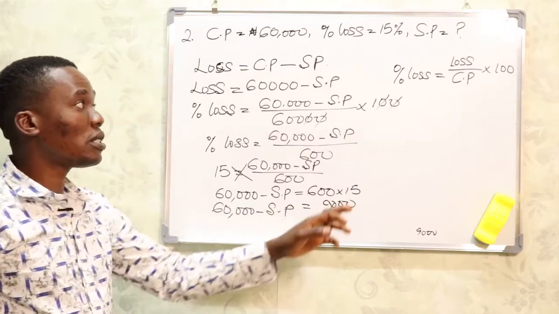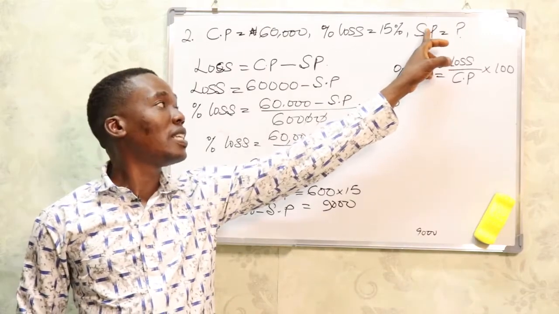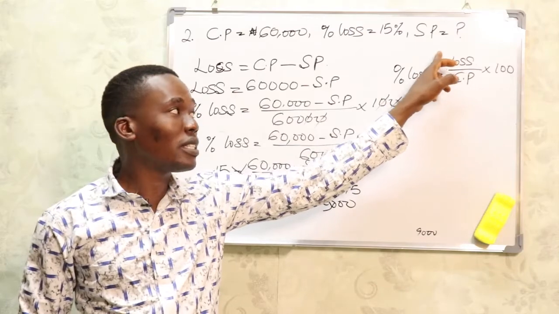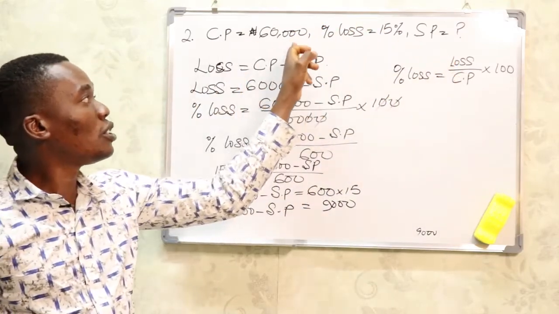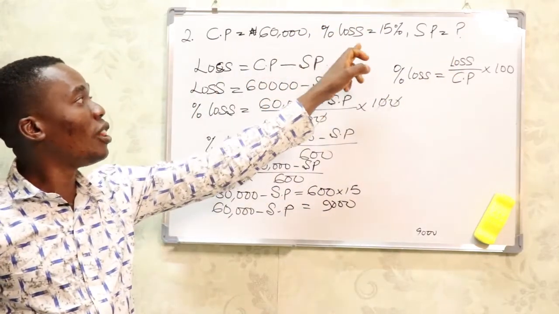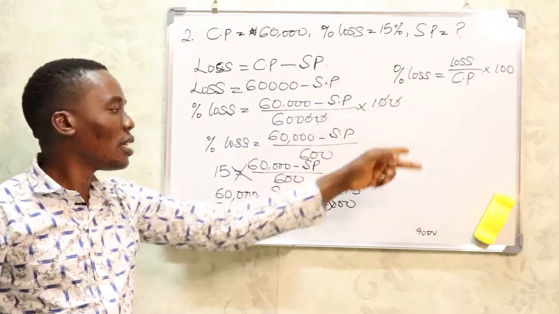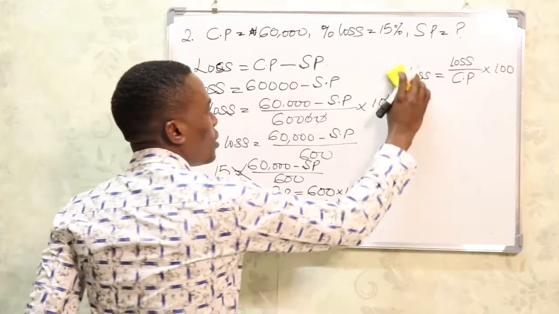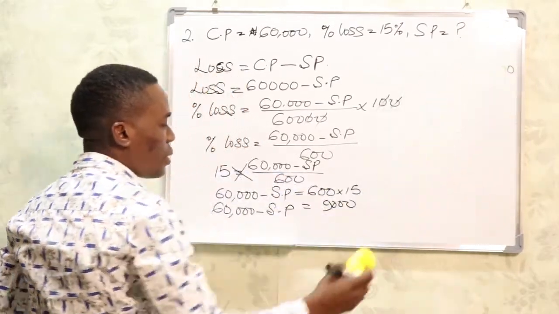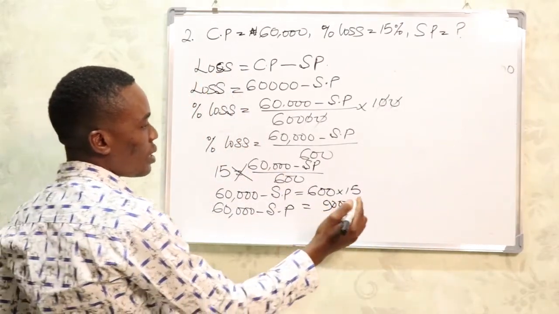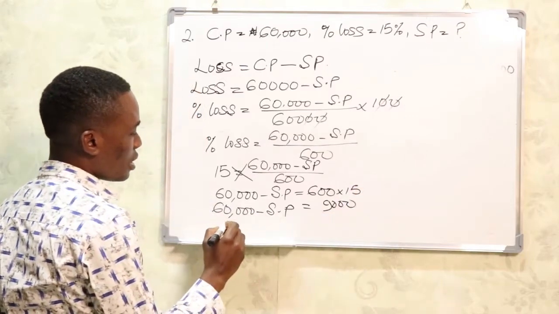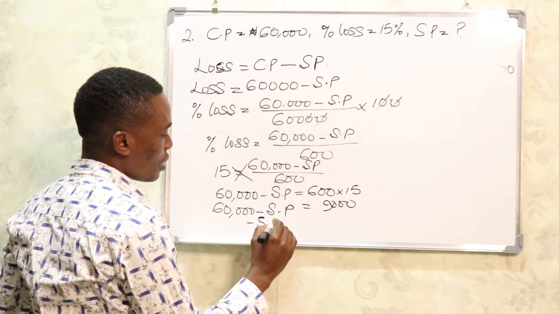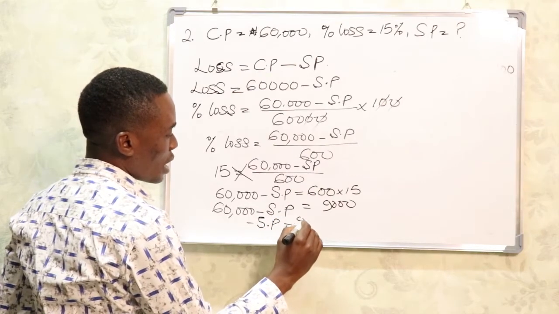Now notice from the beginning we are in search of the what? The selling price. That price at which this merchant sold his goods to realize a loss of 15%. Now let's look at what we'll get here. We are in search of the selling price. Now if we simplify further, we're going to find out that minus of this selling price will be equal to what? 9,000